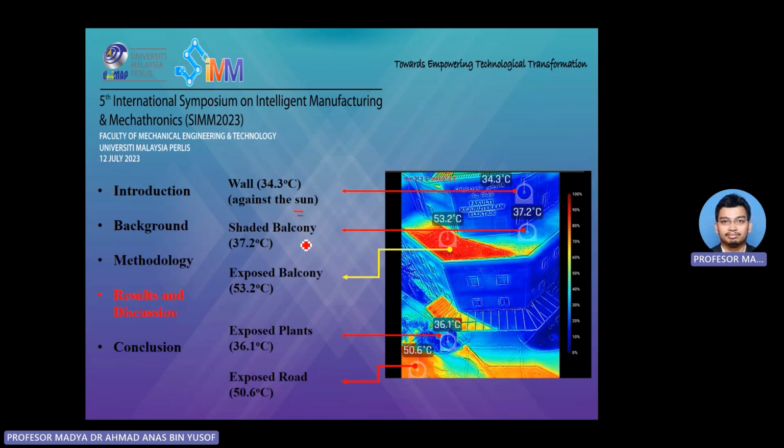You can see the balcony here. This part of the balcony has a temperature of 37.2 degrees Celsius, while the other exposed balcony is about 53.2 degrees Celsius. So you can see that there's a difference between the shaded area and a non-shaded area. The temperature difference is about 15 to 20 degrees Celsius. So shading really has an influence on the temperature measurement from this point